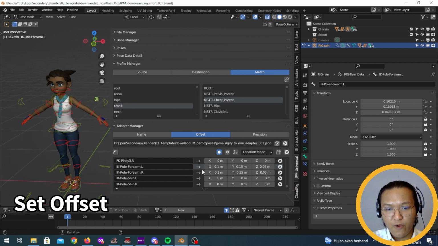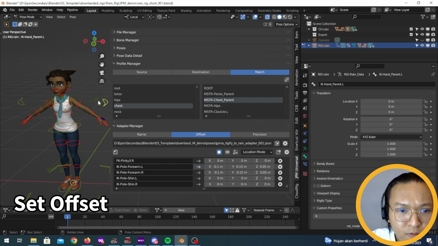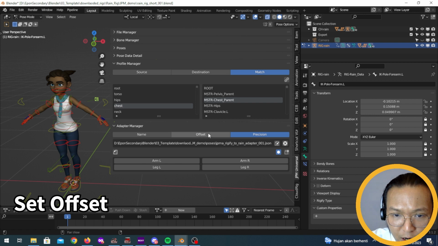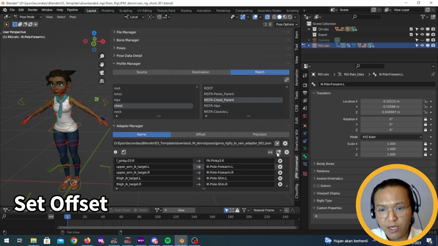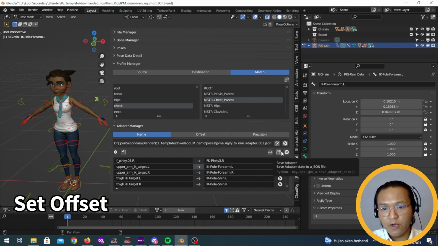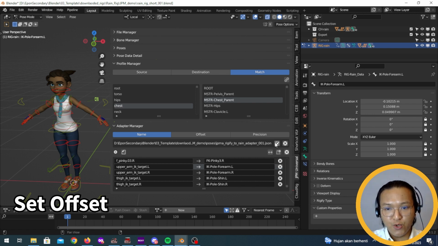We've offset three things: the FK, which is this one, the IK, and also the IK pole. We're going to talk about precision later. Now you can, of course, create the adapter. You can save the adapter with this button, and you can also update the poses with this button, update adapter. However, we're going to do it later because